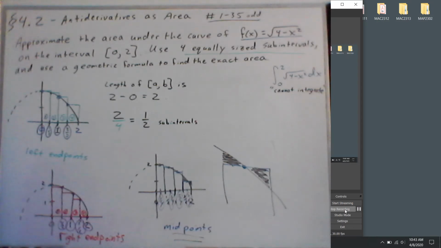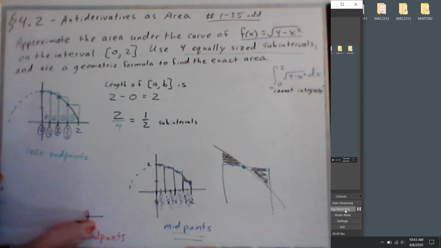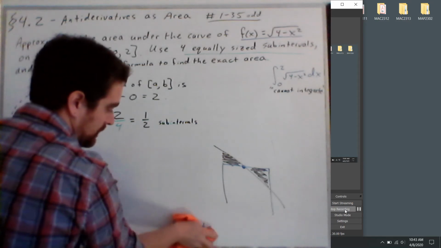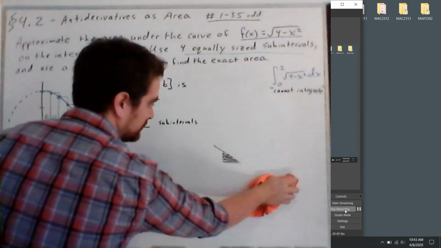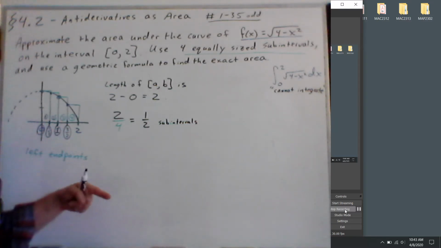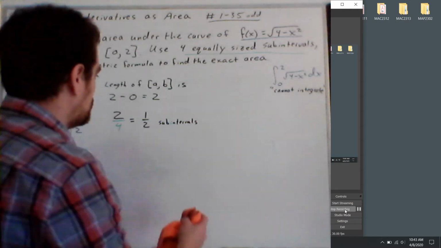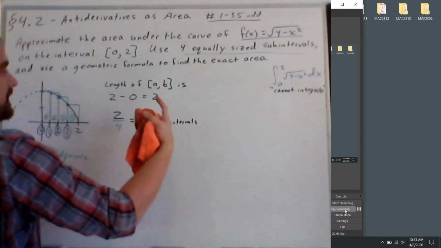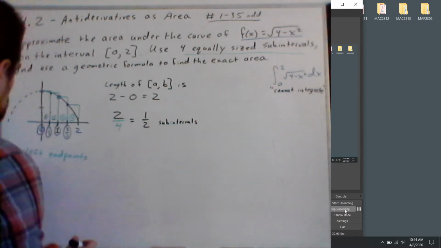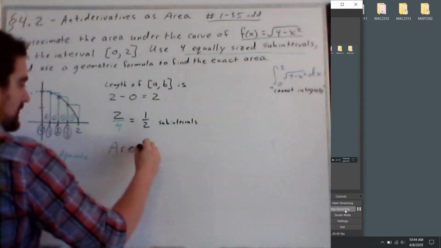So let's try and approximate it. And since we did the left endpoints first, maybe I'll just stick with the left endpoints. You can see why we want to get away from this as quick as possible, because this is a lot of work just to get an approximate answer. It doesn't even give us the exact answer. It doesn't even give us the right answer. It just gives us an approximation. So here's my half subintervals. I'm going to approximate the area,